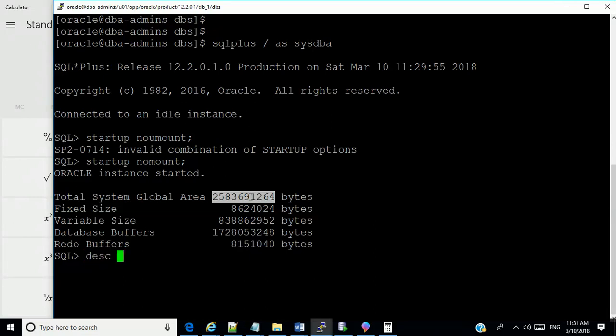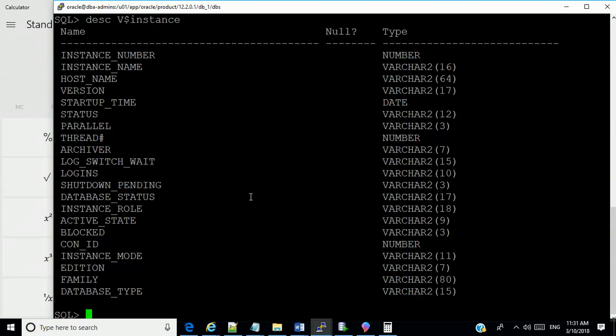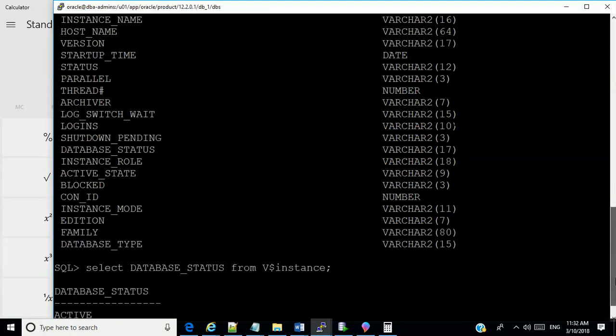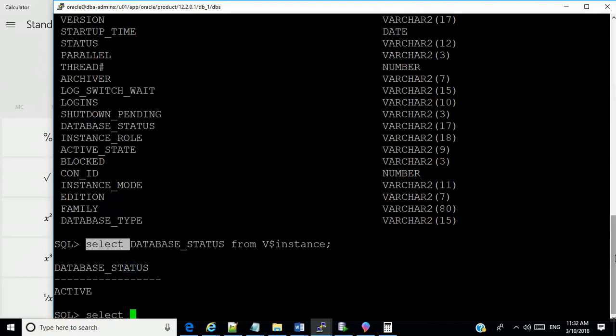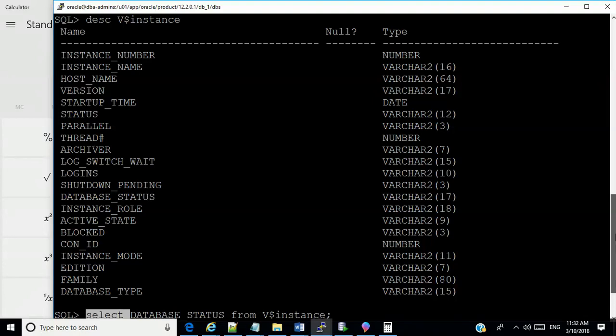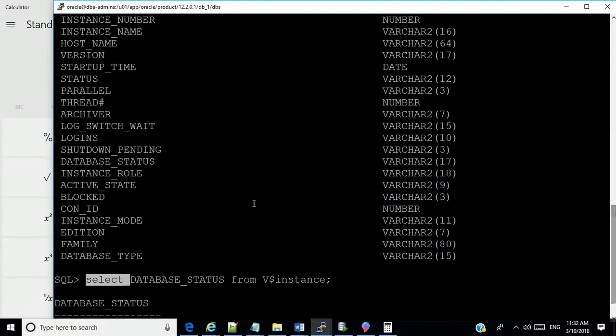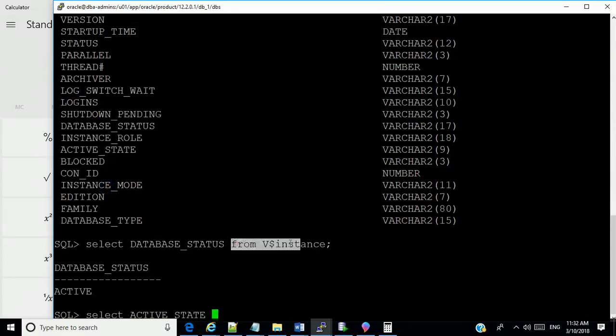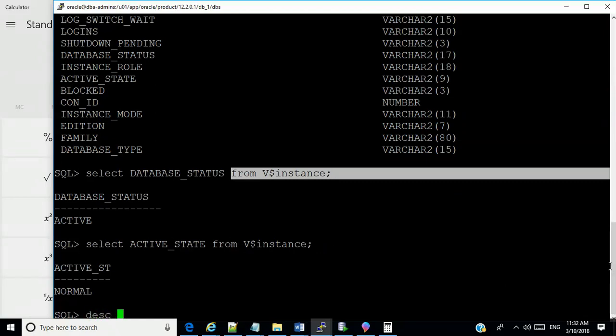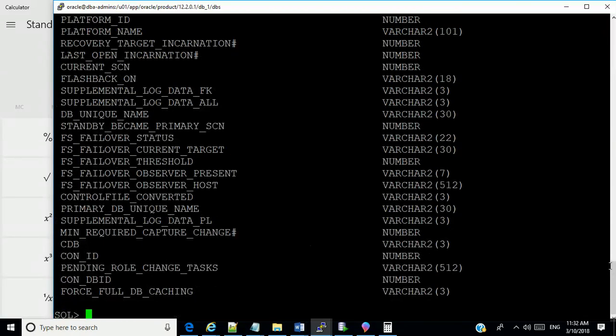If there should be a query here, v$instance. If I say select database status from, let us see what it tells me, whether the database is active or is not open. Select open mode from.